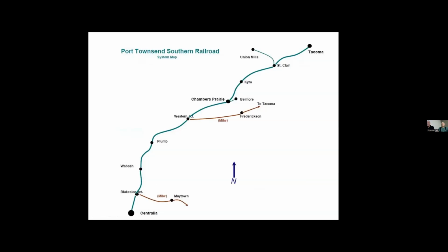This is a schematic of the line, which really is like the main line that exists now for BNSF. So I modeled the portion from Centralia to Tacoma, and Centralia and Tacoma are both staging. And then the stations along the way from north to south are St. Clair, Cairo, Chambers Prairie, Western Junction, Plum, Wabash, and Blakesley Junction. Chambers Prairie is